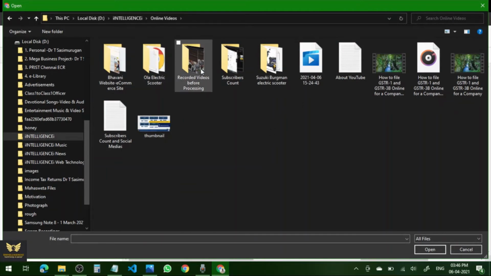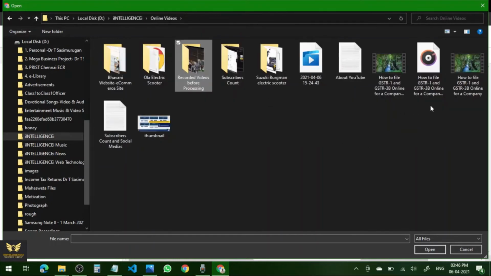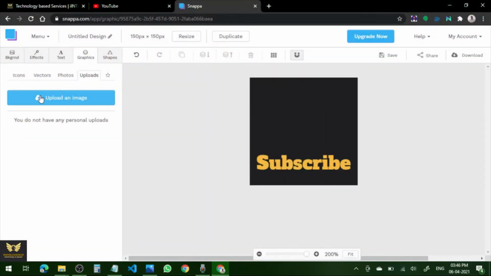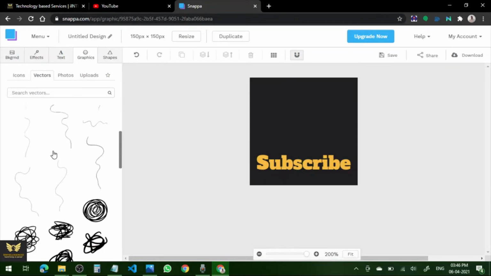Images are not available. They have deleted already. Let me close it and cancel it. Search for the vectors. If anything is available, nice.